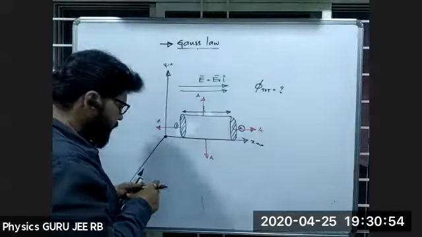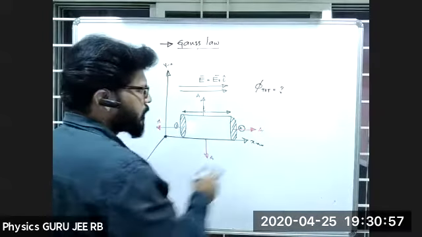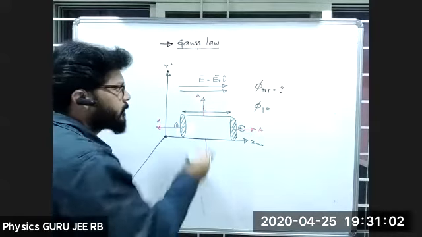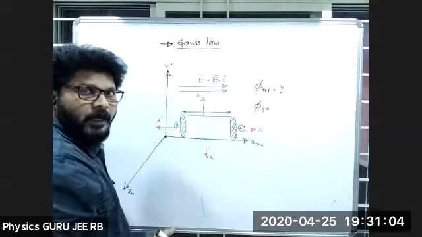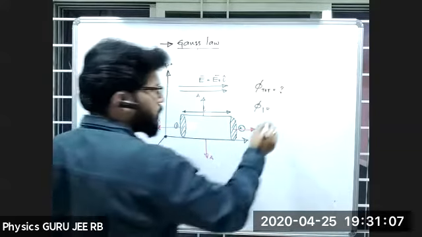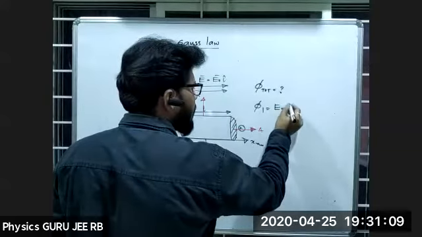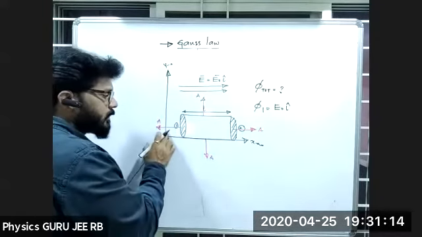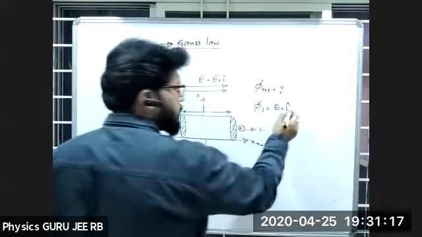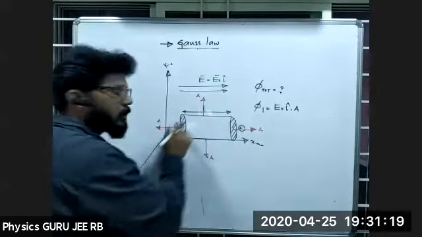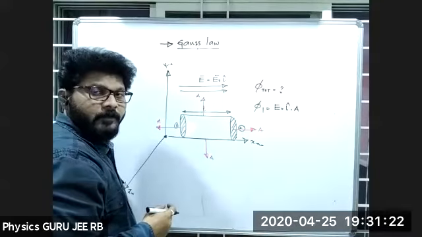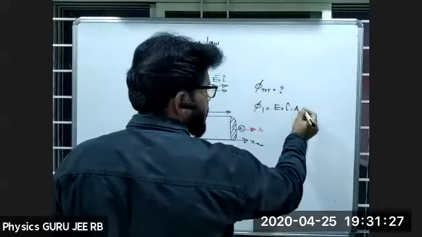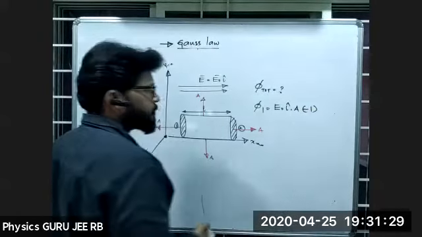Now, if I take the flux, I'm taking flux 1 now. Phi 1 equals, what is phi 1? Can you tell me? Phi 1 is E naught into I cap. What is phi 2? That is area A. And how are both of them? Both have theta equal to 180 degrees, so cos 180 degrees is nothing but -1.